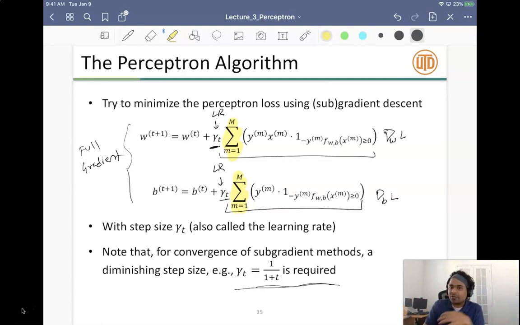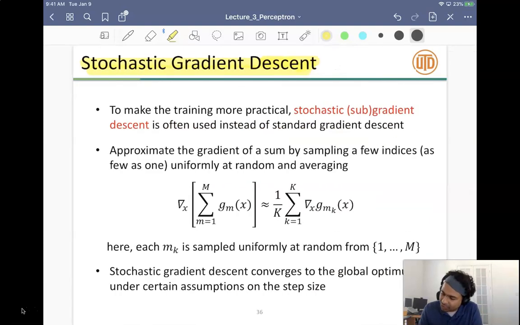Right? So the idea of stochastic gradient descent is that I don't want to use all the data, the entire data set. In fact, we'll go over stochastic gradient descent a little bit in one of the extra lectures that I probably put out, right? But the basic idea is that I don't want to use my entire data set to compute the gradient. I can approximate it using just a few points, typically one point, right? So I just sample one n. Okay, so I think that's the idea over here.